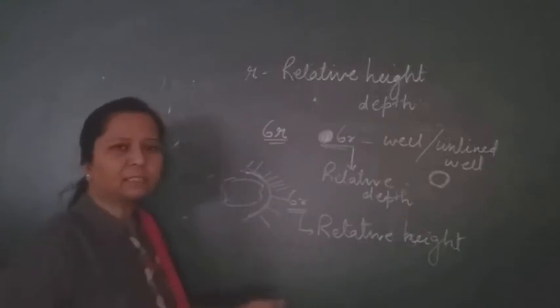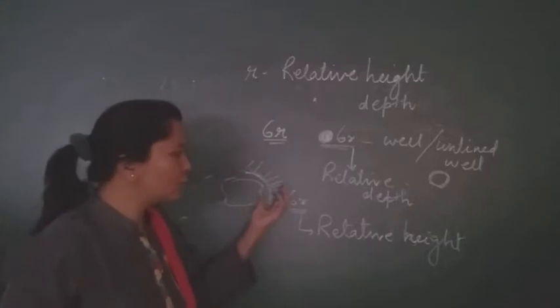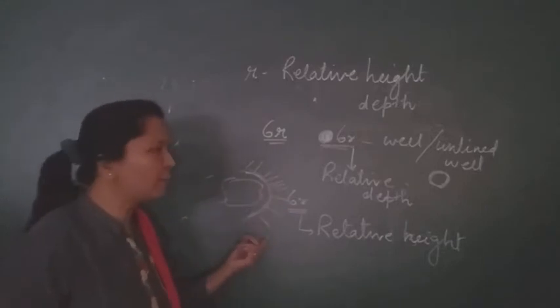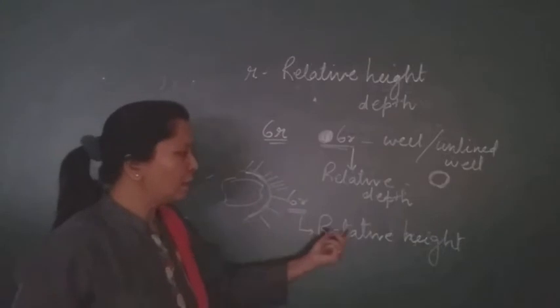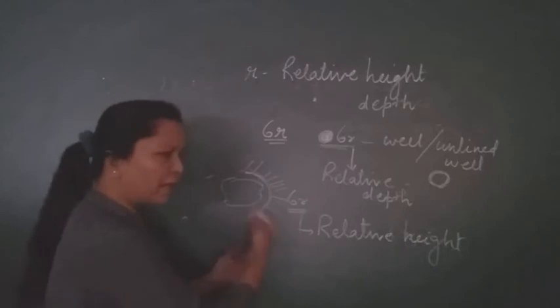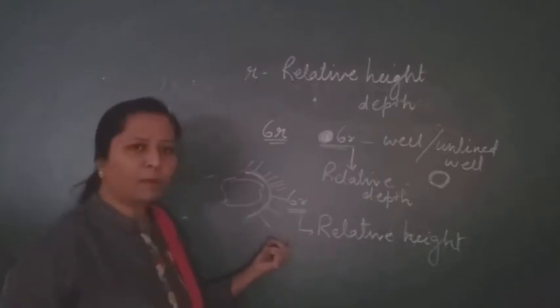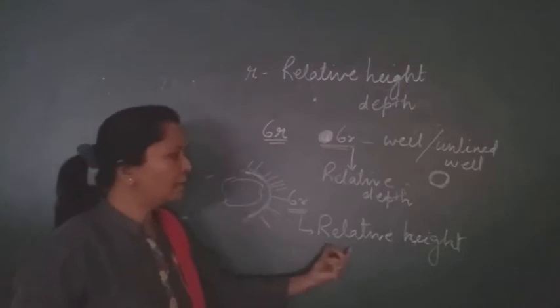Near the tanks, near the well, or wherever the flooded rivers are there, at that particular place the embankments are there. So the relative height is being measured, which comes in 6 r or any other number. It can be 8 r, it can be 11 r. So from that we can come to know that it's an embankment, and then the relative height.